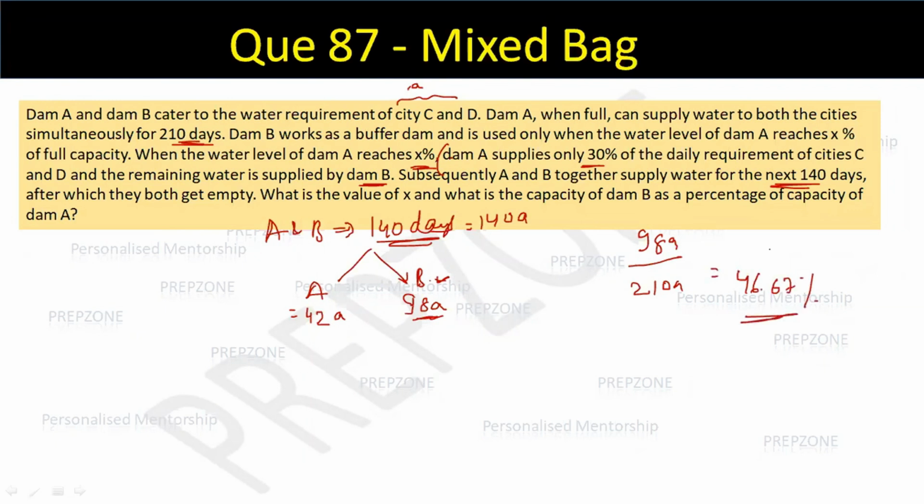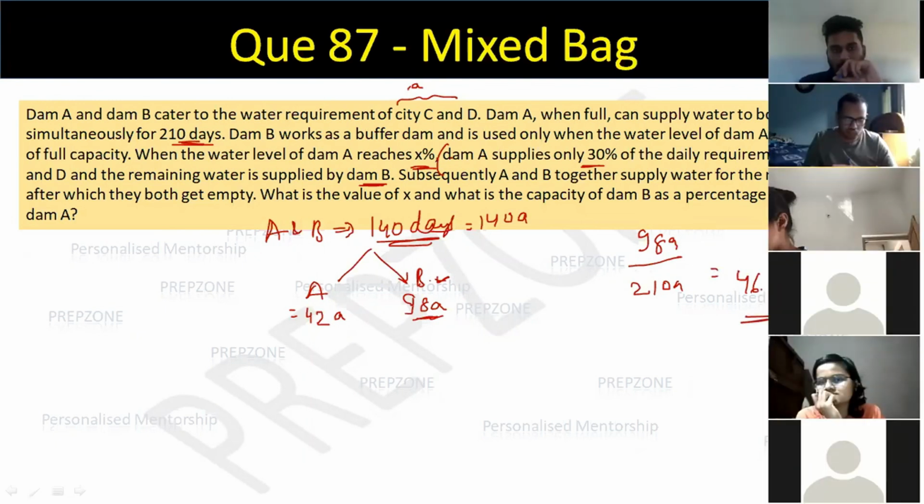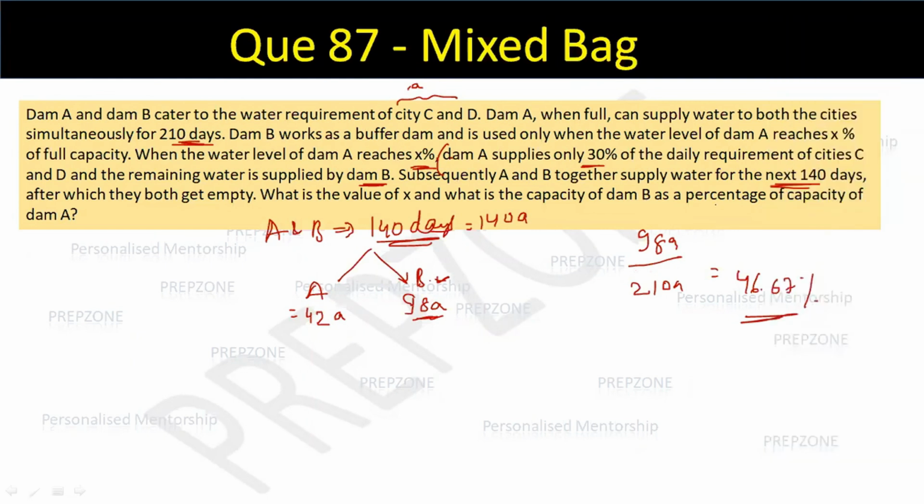So second part was like very straightforward. ये clear हुआ सबको? That a capacity of dam B as a percentage of capacity of dam A has to be 98/210. So see, X क्या है? X is the water level of dam A. तो मुझे पता है कि यार 42